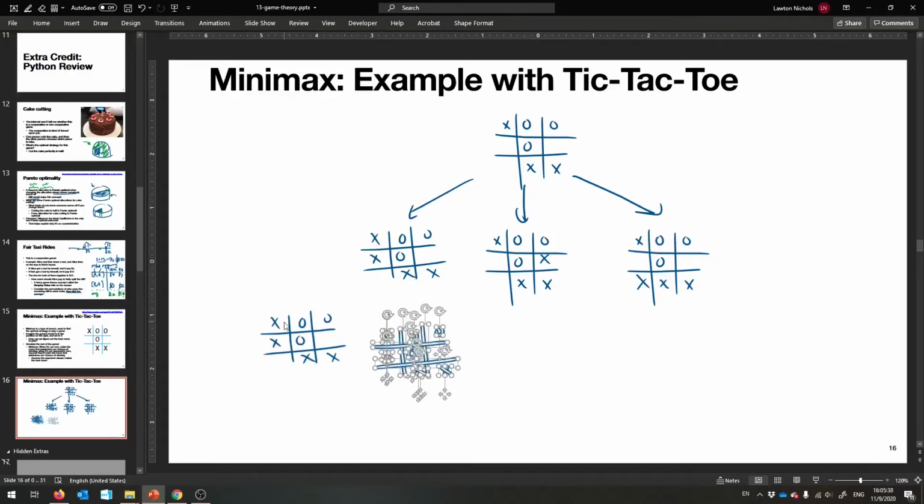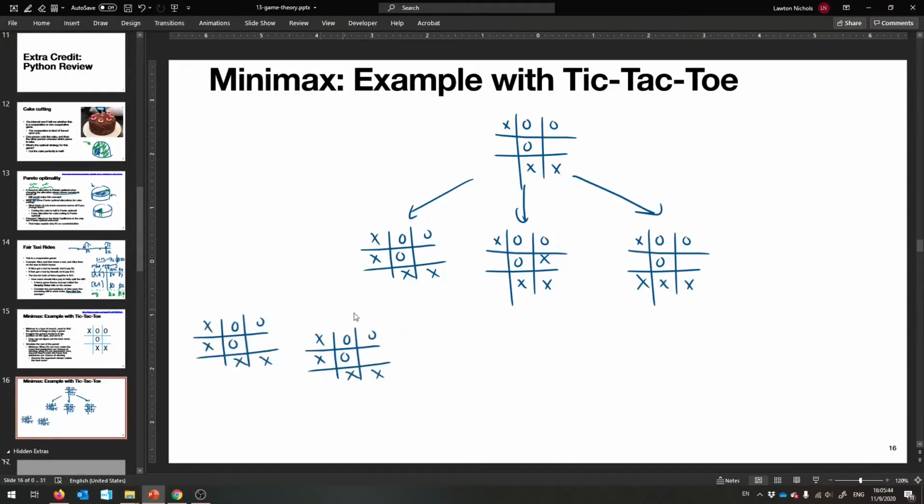Let's try and make this a little bit. Oh no. Try and put this way over here maybe. So the opponent from here has two options. They could go either put an O here or an O here. And ooh, they win in one of those. Interesting, interesting. So we could actually stop the search in that case.